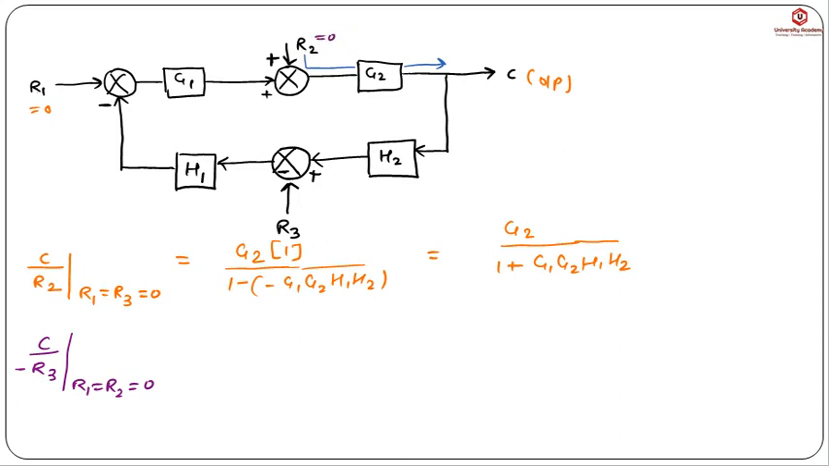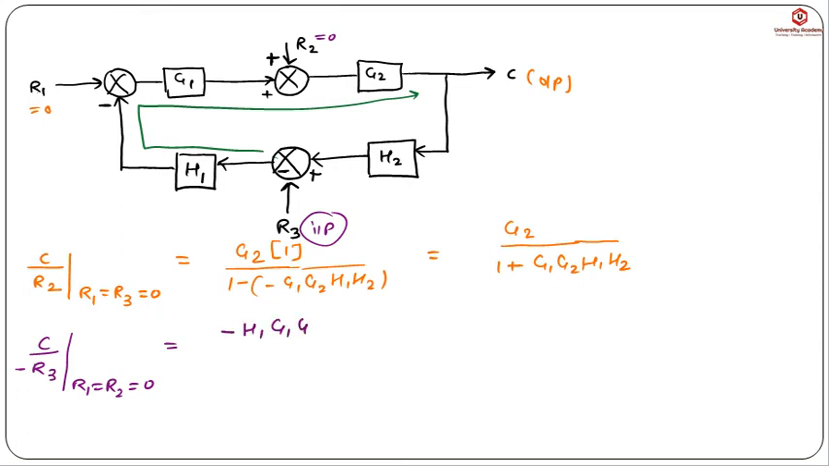Okay, this R3 is now an input node. So forward path will be this. This is the forward path between the input and the output node. The gain of this forward path is minus of H1, then we have plus G1 and G2. So the gain of this forward path is minus of H1 G1 and G2,